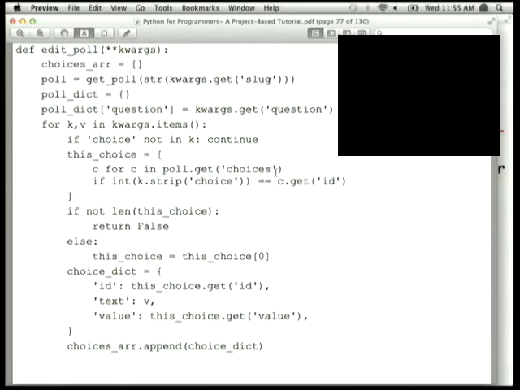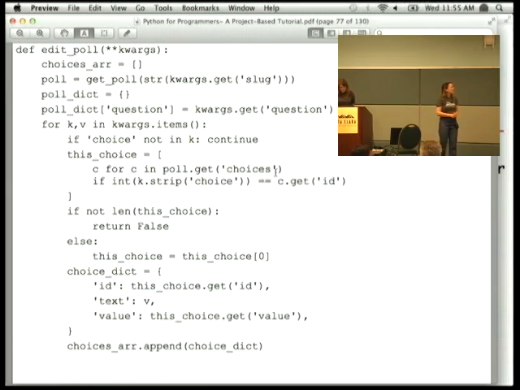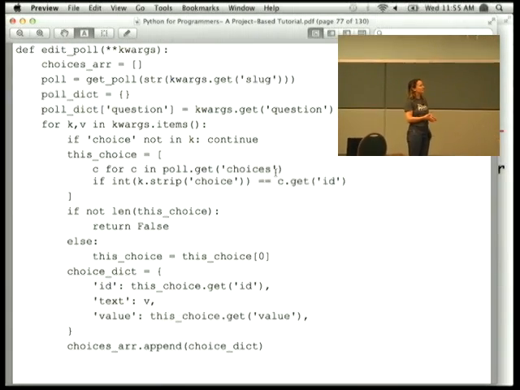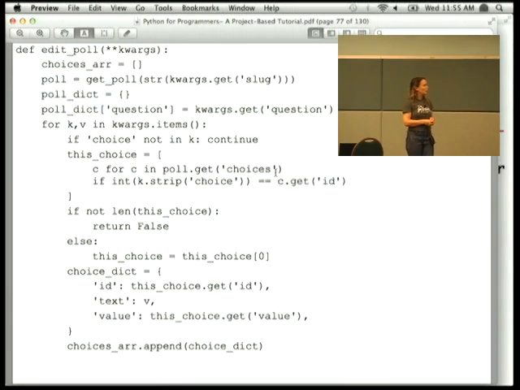Then it's creating a poll dictionary. And then very, very similarly, and intentionally so, it almost mimics the same add poll functionality, right? Where it is going through the items, it is looking for the choices,